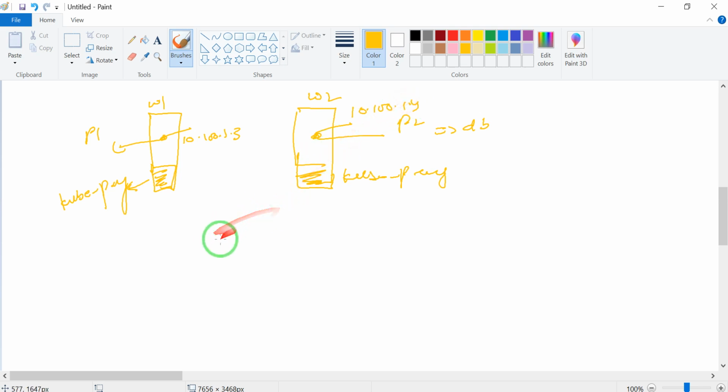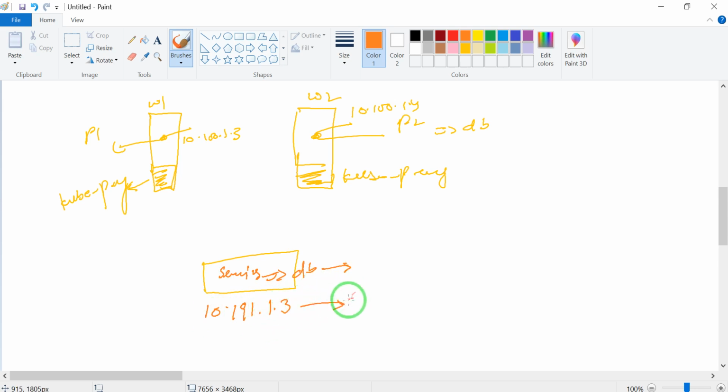Okay, and then we create a service here. The service name is DB, and the service will be connected behind to the pod, and it will also get another IP, let's suppose 1.3, and this IP is connected to your DB pod. So this is how things have been created.